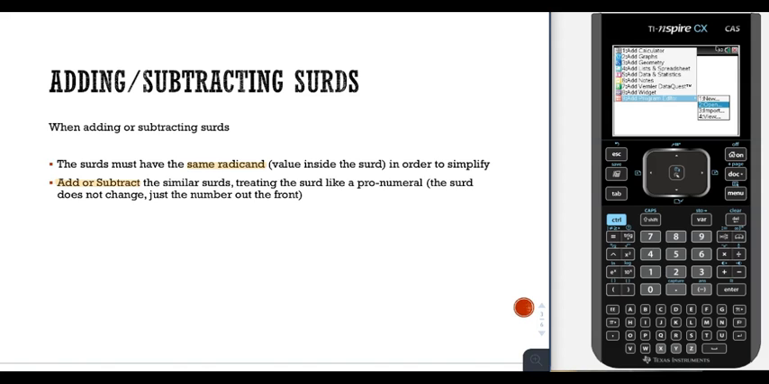And then to add or subtract similar surds, so surds with the same radicand, treat it almost like a pronumeral. So the surd doesn't change. You don't have root 3 plus root 3 equal to root 6. You have root 3 plus root 3 equal to 2 root 3. So it's how many similar surds you have in total. So some examples of that